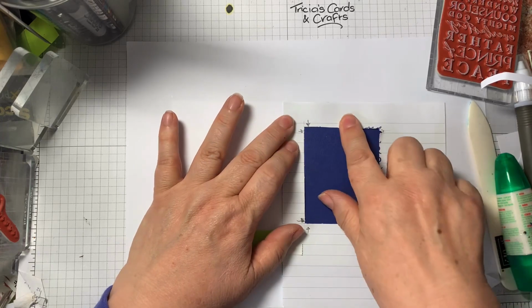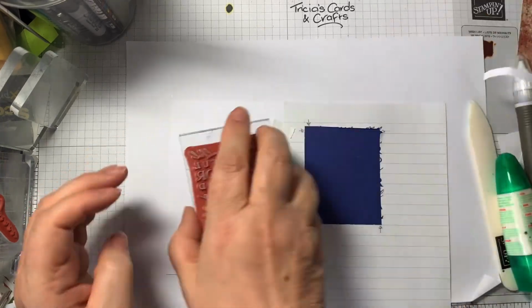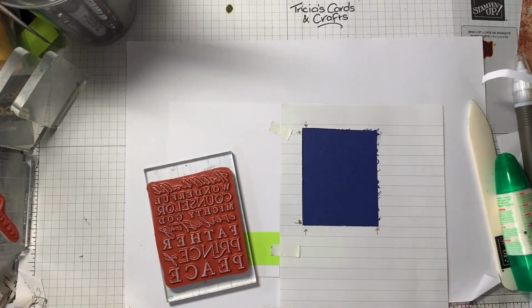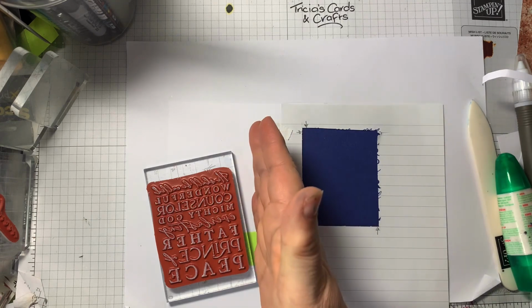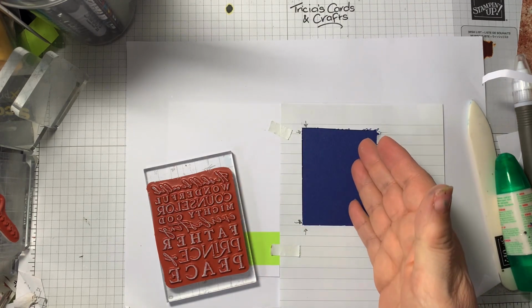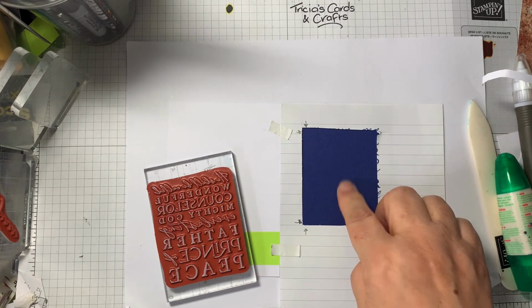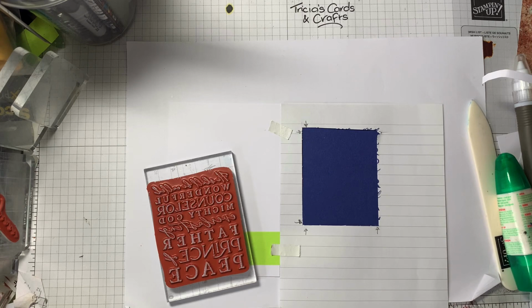So actually I'm going to do the blue first because I've got the white ink on my pad already. So again, if you could emboss it, you could use Versamark on both, or you could still use the Starry Sky on the one, and you could use a white embossing powder on the darker card, and that would show up even more. But because not everybody will have embossing powder and a heat gun, I'm doing it this way just so that you can see that it can be done this way, but it would look just